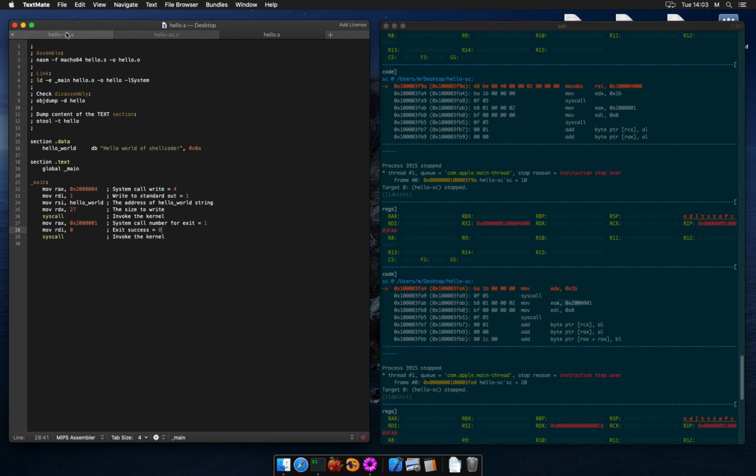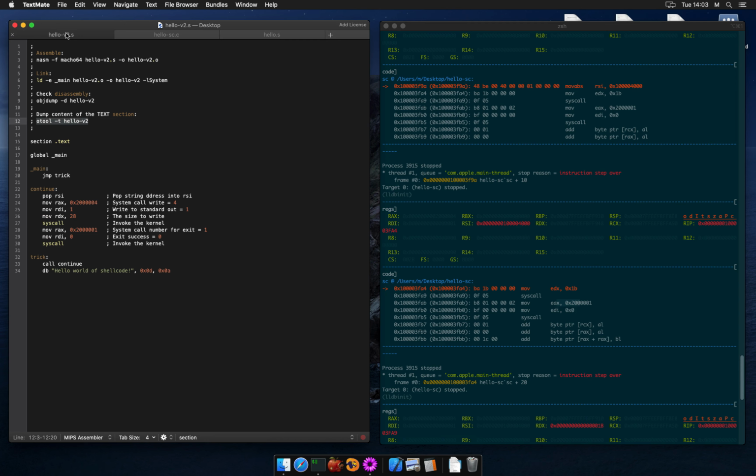Let's have a look at the second version of the code and see how to fix this. We will use a trick which is well known to reverse engineers and exploit writers. It works the same way on Windows or Linux. Let's understand this because it applies to more than printing simple messages.